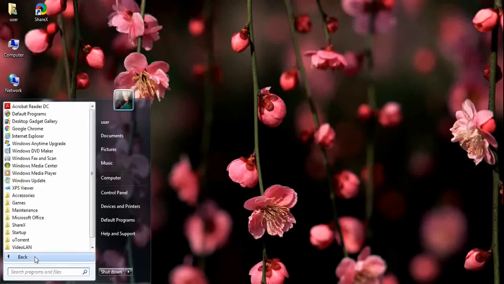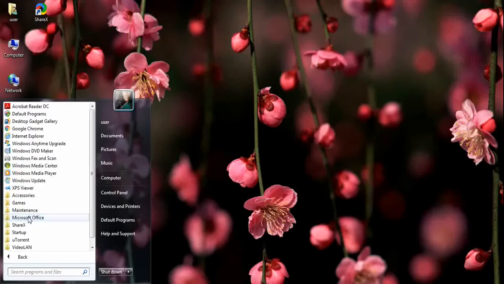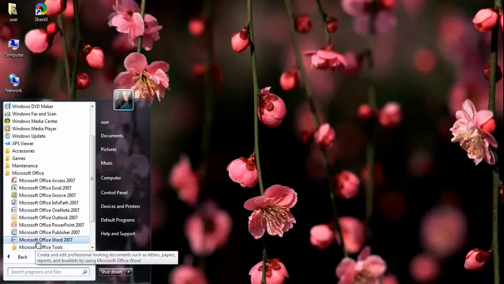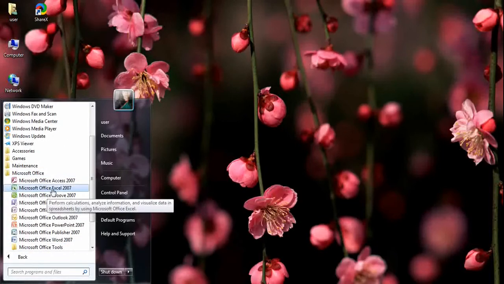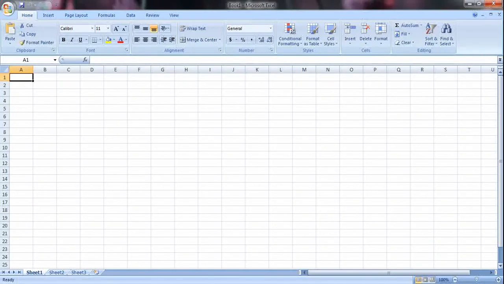In All Programs, you need to go to the folder Microsoft Office, and in Microsoft Office folder, you have the application Microsoft Office Excel. So just click on Microsoft Office Excel. This is how the screen opens.